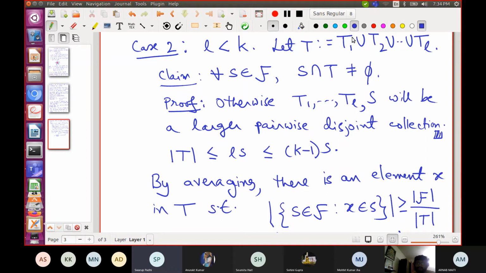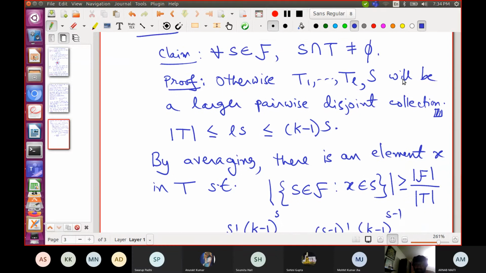No, S could be one of these sets, even then it's not true, right? If S is equal to T1, then S intersection T will be equal to T1, which is not empty. Okay, yes sir, got it.